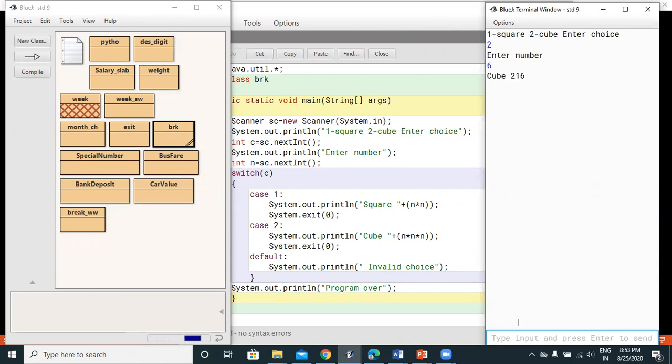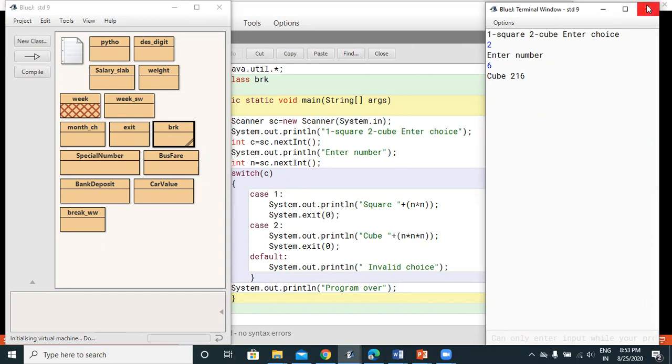You can see it will print just cube 216, that is the cube of 6. After that, the statement System.out.println program over, which was outside the switch, has not been executed.